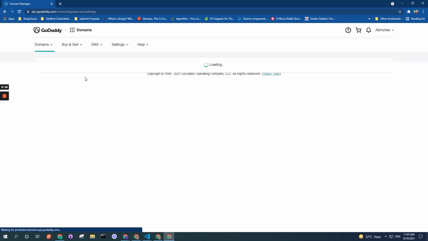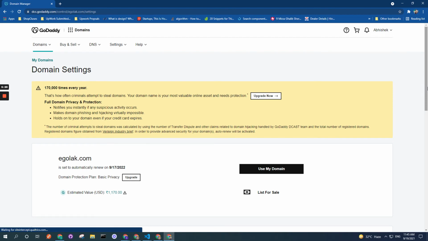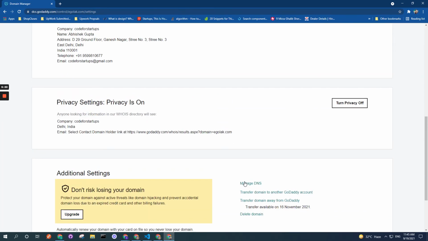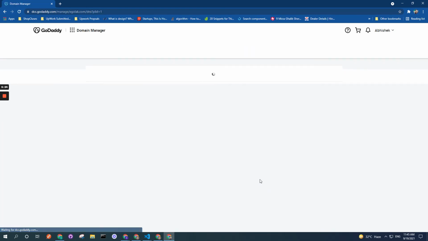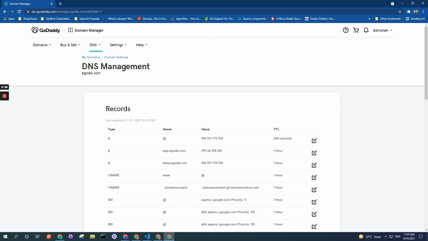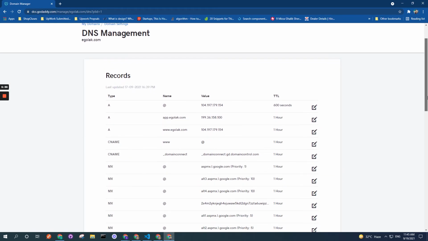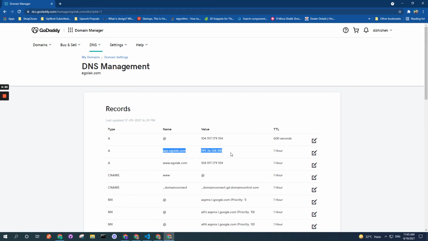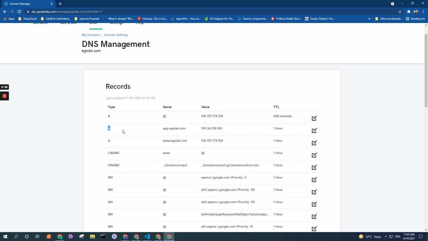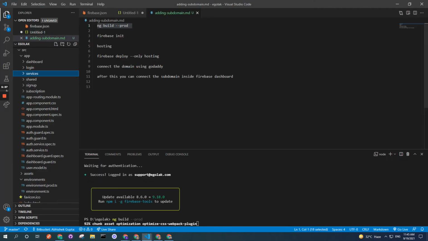It brings me to the settings, and when I come to the settings, I go down a little bit and click on manage DNS. Once I click on manage DNS, all the IP addresses and other information is there. We need to create this A record that Firebase gives. So now the build has been processed and